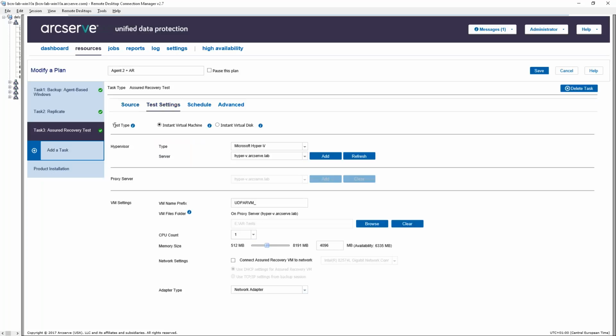So here up, the first item is the test type, and that's where you select between instant virtual disk, which is just mounting the recovery point and running a check disk, and instant VM, which is actually starting it up and booting it as a system. And then obviously for instant VM, you have to select the hypervisor type